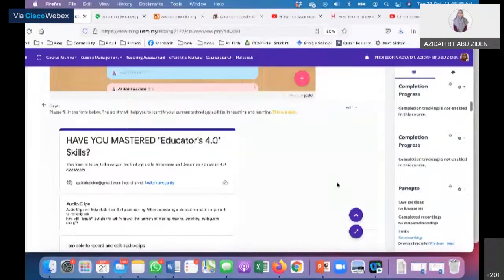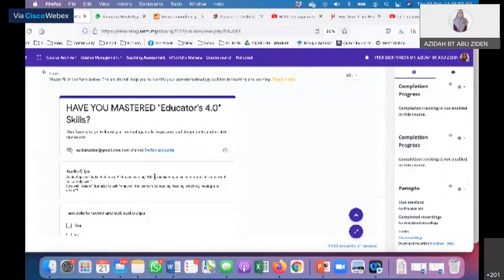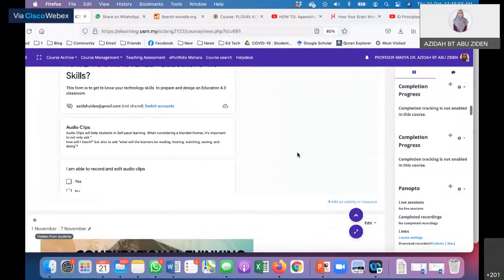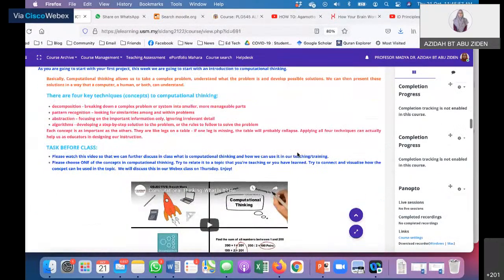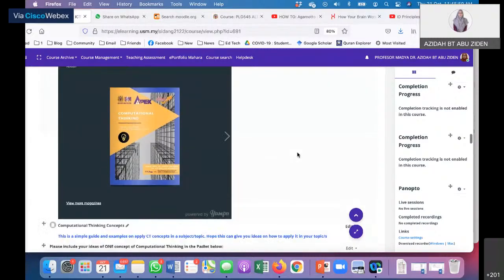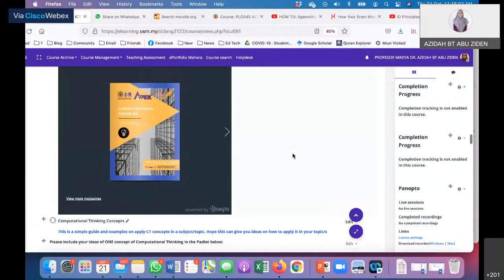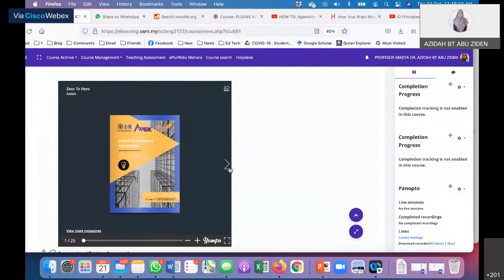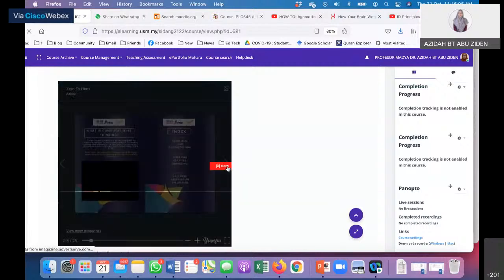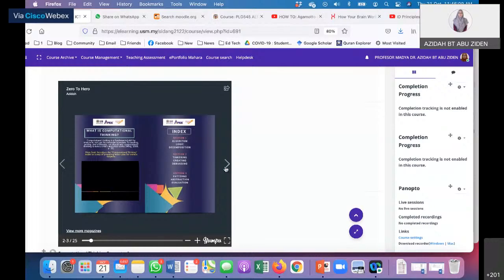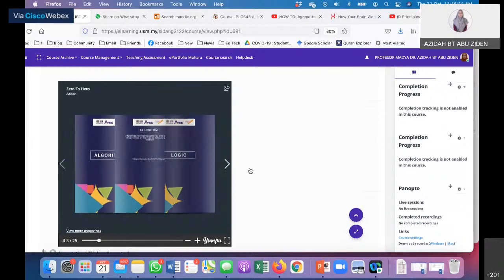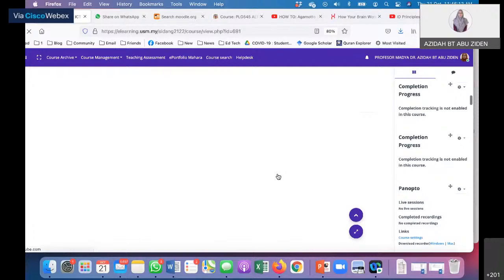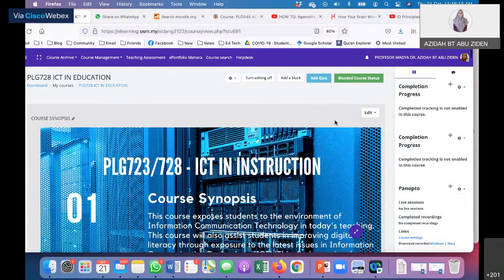Okay, saya juga ada Google embed, Google form dalam ini. You can see lah, this is what I have prepared for my course. I have ebook here, so that students will be able to just flip saja dekat sini lah. Begitu. Alright, so that is the features of blended status ya. Jadi blended status ini akan jadi hijau. It will become green if you have reached